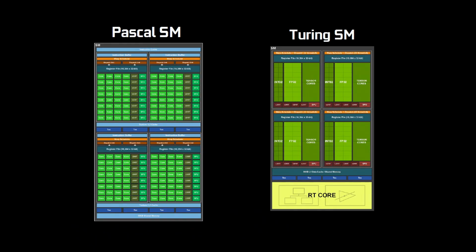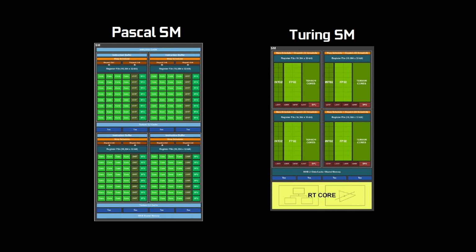But I'll show you right now the difference between the two architectures and the switch from the superscalar model that they've used for many, many years, stemming from Fermi and all the way through Pascal, and switching over from dual dispatch units to a singular dispatch unit rather, as well as